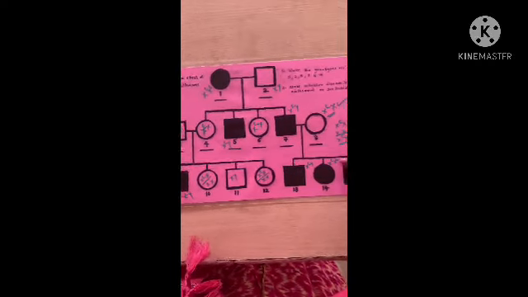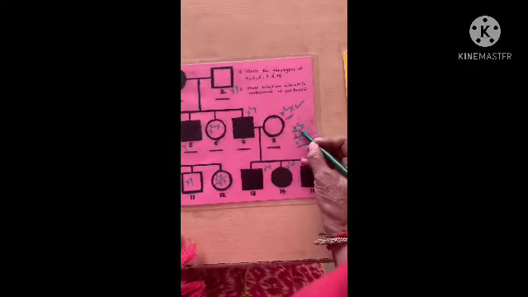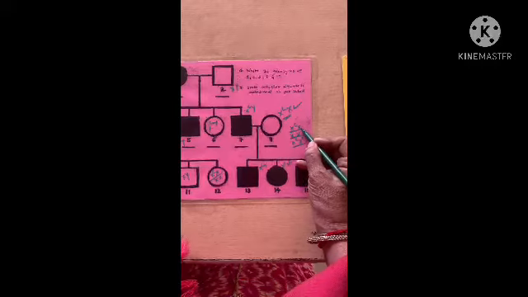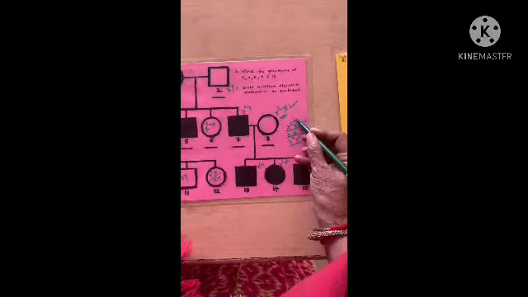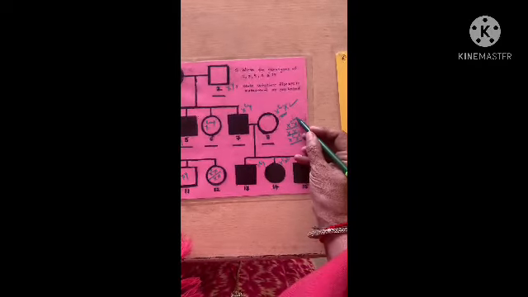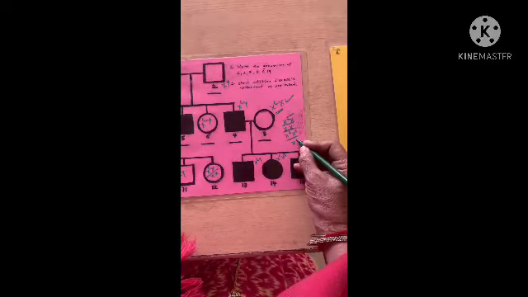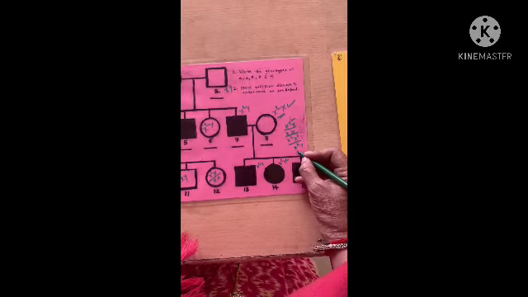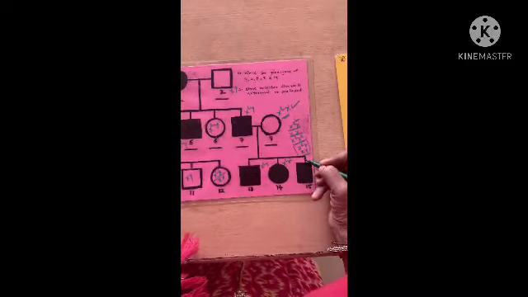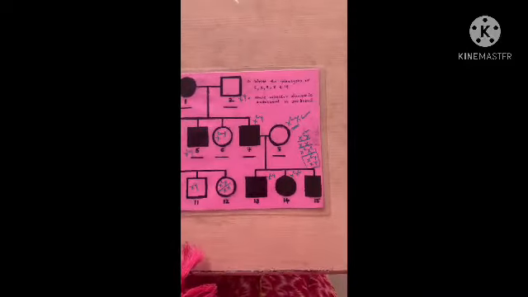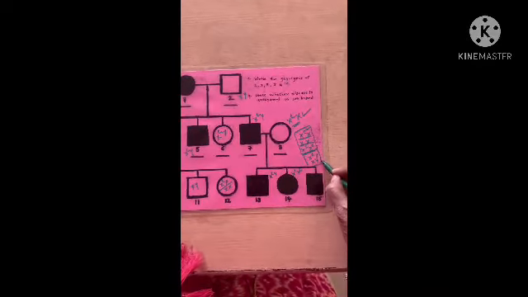This will be 100% normal female. Okay, 1 minute. This will be 100% normal female, this will be colorblind female, and in this condition she herself will be normal, she will be having the normal vision, but there is a possibility she may pass on this gene to the next generation. Okay, so there is a possibility she may be responsible for the colorblind son के लिए as well as colorblind female के लिए भी. But male में only 2 possibilities will be there, that is X^C Y, either the male will be colorblind or male will be normal. Male में third possibility carrier की possibility नहीं है if it is a X sex linked genetic disorder. Am I clear? These are the 3 possibilities for the female and these are the 2 possibilities for the male.